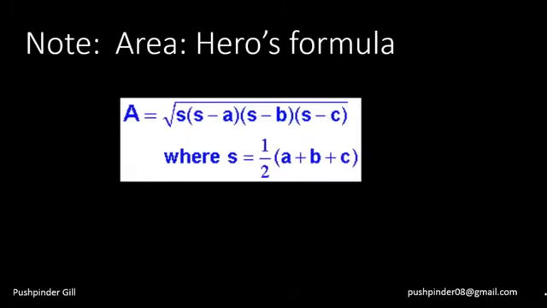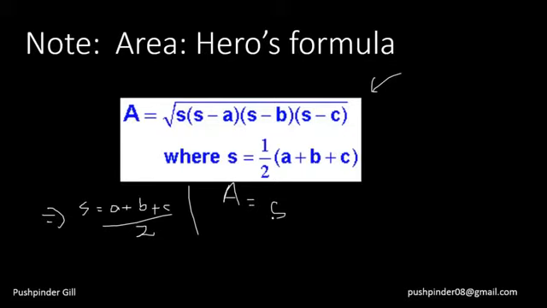Okay, now, though it's called Heron's formula, I usually call it Hero's formula because he used to be like a hero to me. So area can also be calculated using this expression here. Now S is the semi-perimeter. You add all the three sides and then divide it by 2. That is your semi-perimeter, and then to calculate the area you say semi-perimeter into semi-perimeter minus A